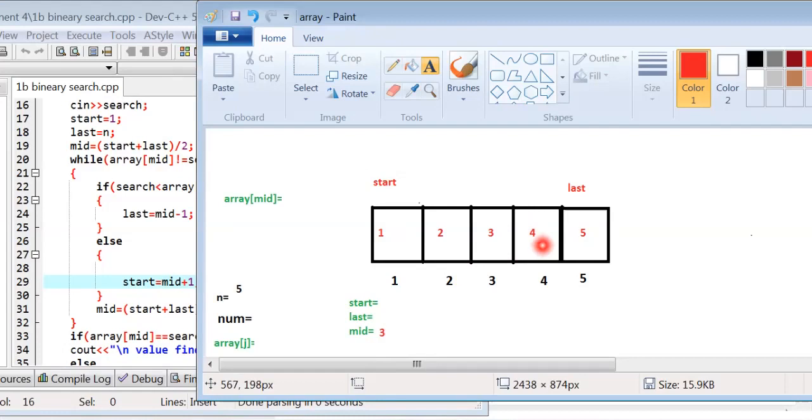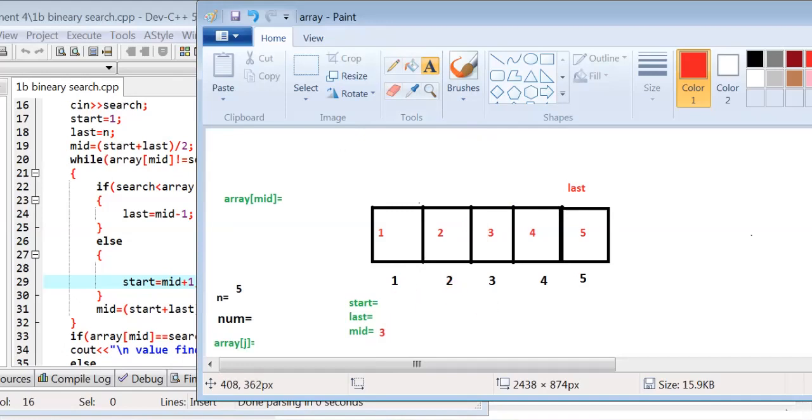The 4 is here, and start moves to this position.